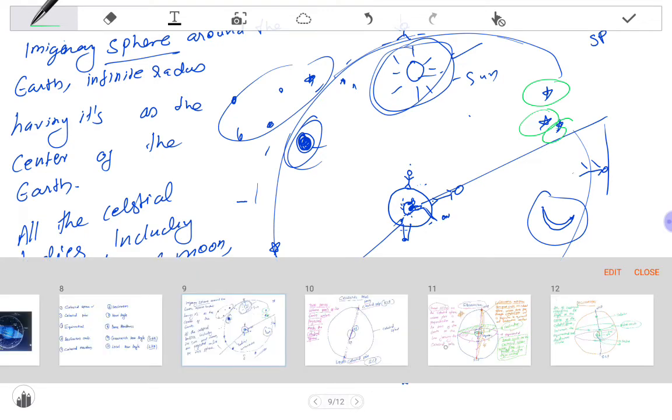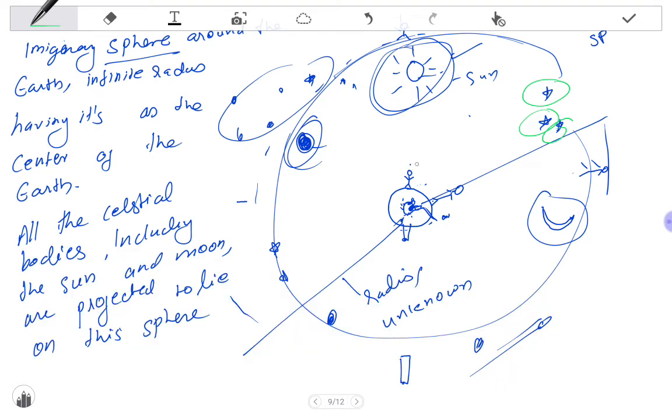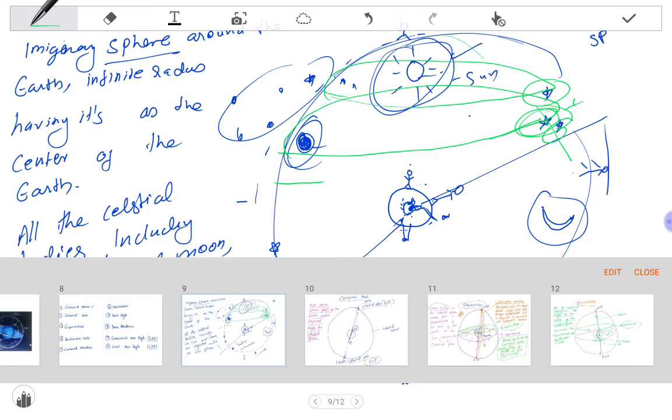So there are many celestial declination circles on the celestial sphere, and one of the declination circles is passing through any of these celestial objects. So to identify the position of the celestial object, we will use the celestial meridian and the declination circle. So when we write the definition,